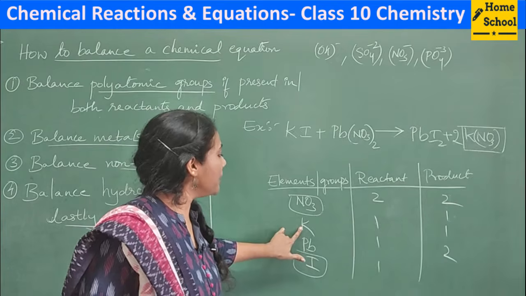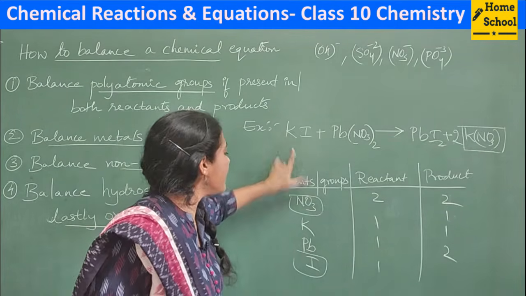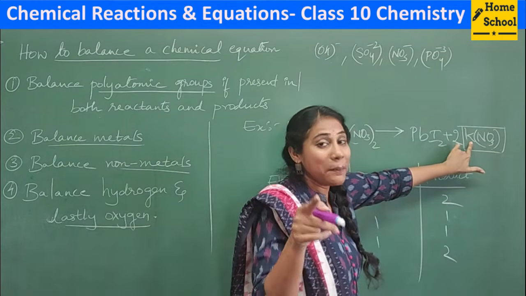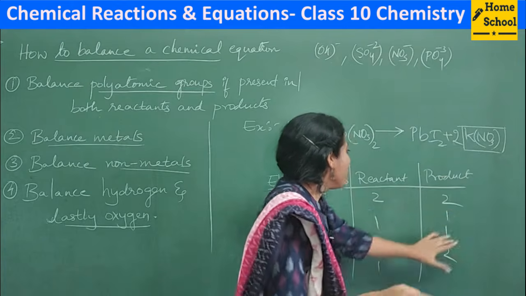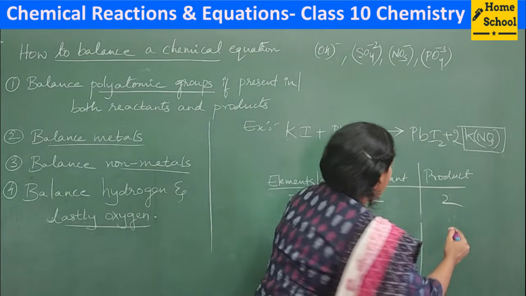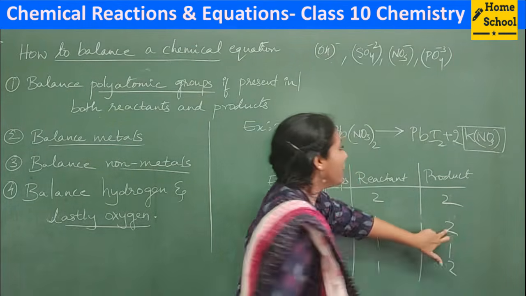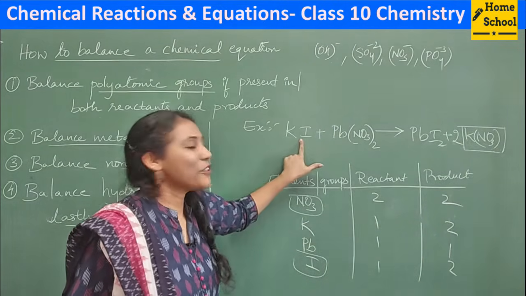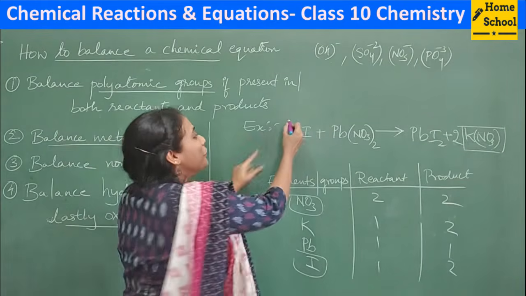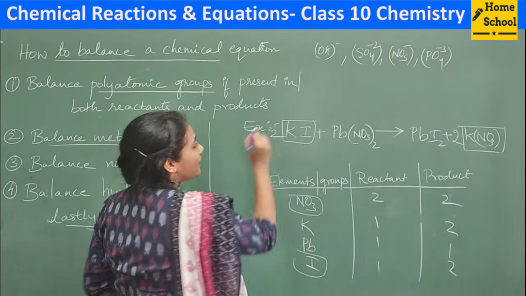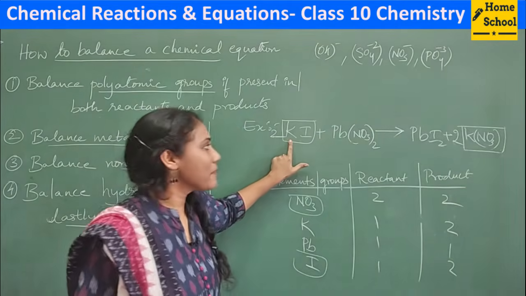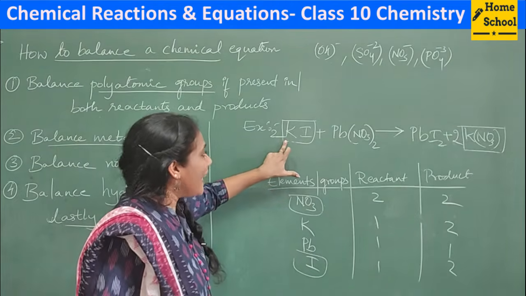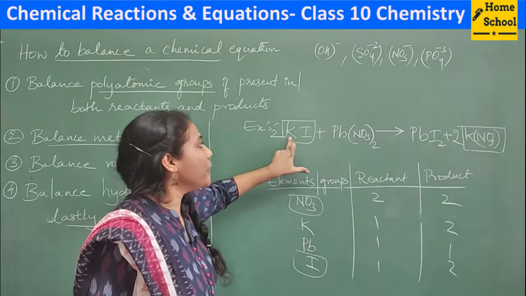Okay, so now you check the potassium. In the reactant side, 1 is there. Now in the product side, this 2 belongs to K also. It means that there are 2 potassium atoms. So in the product side, automatically you had 2 potassium atoms. But in the reactant side, you had only 1. So what do you have to do? You have to put 2 here because you need to make 2 potassium atoms. Because in the products, now you have 2 potassiums. So in the reactant side, this potassium needs to be balanced.